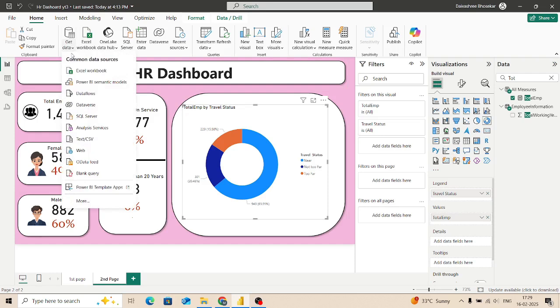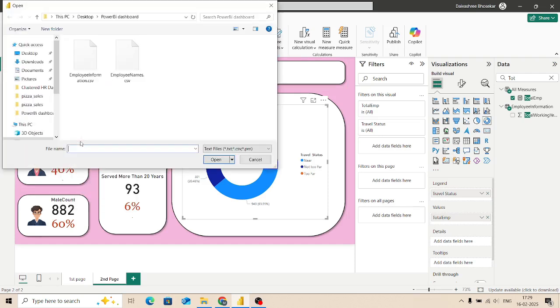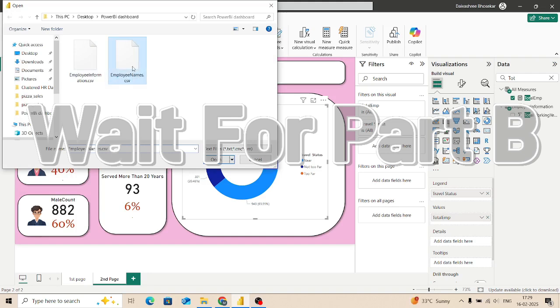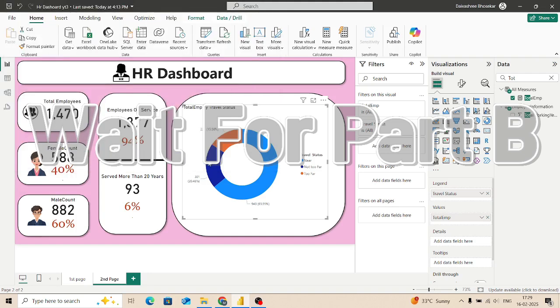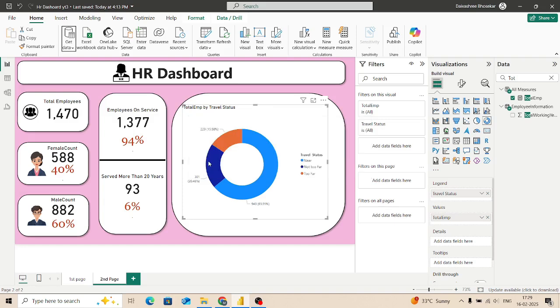For that, what I'm going to do is insert a new file. If you remember, we had two different files. In that, one file was of names. So we will just select it and import it into our